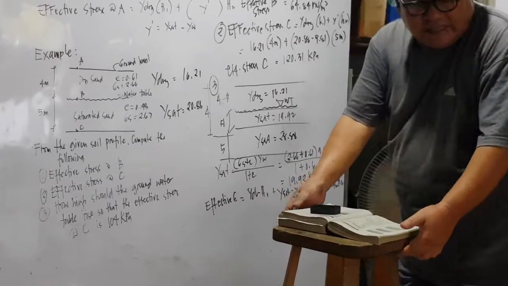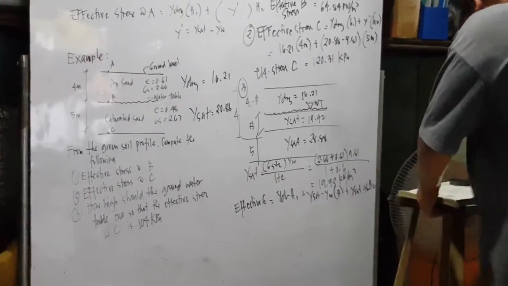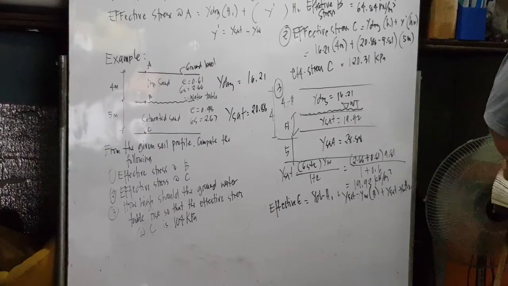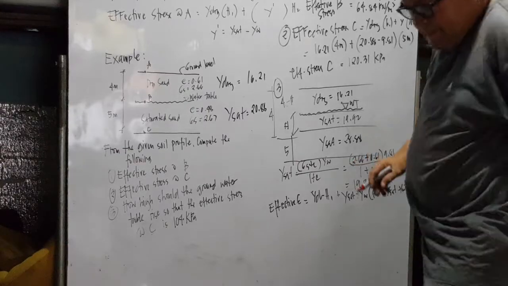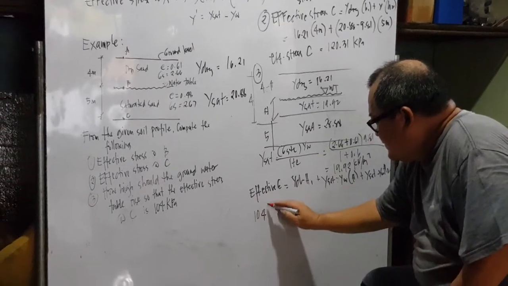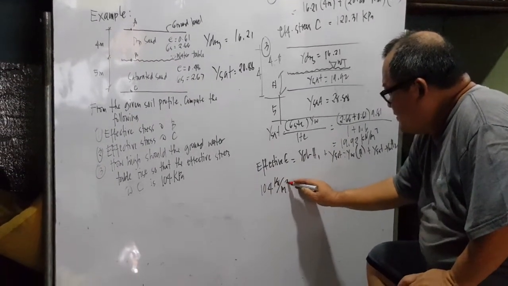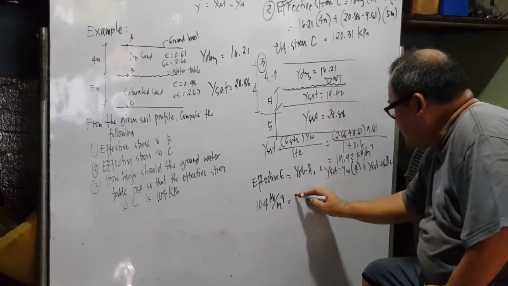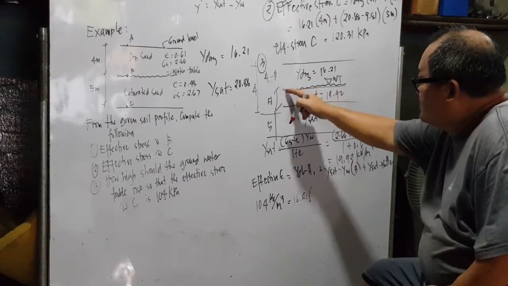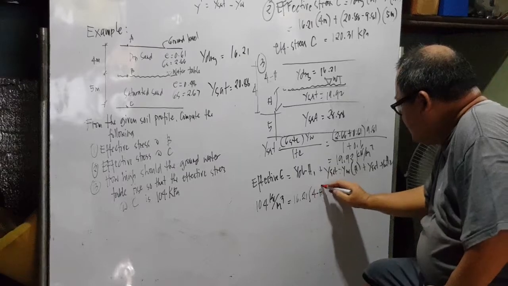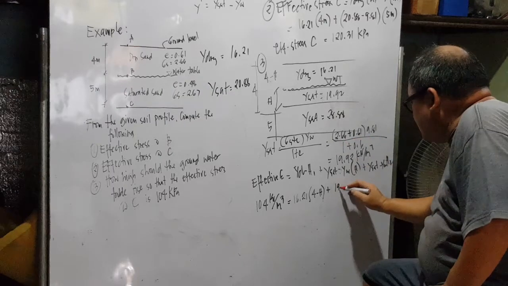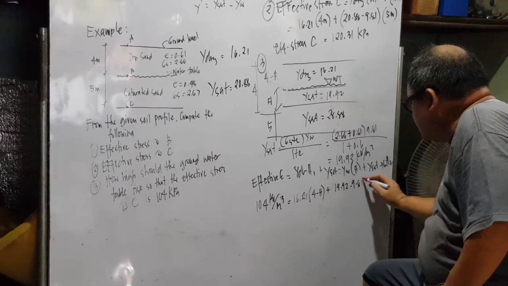May given kita nga value, given ng 104. This is 104 kilonewton per square meter is equal to Y dry ko nga 16.21 times H1 ko nga 4 minus H, plus Y sat ka nga 19.92 minus 9.81 times H,